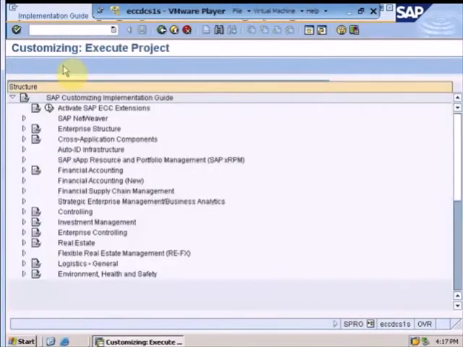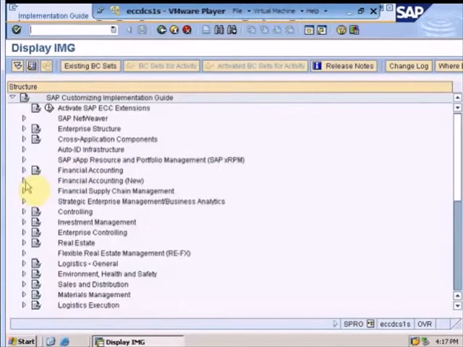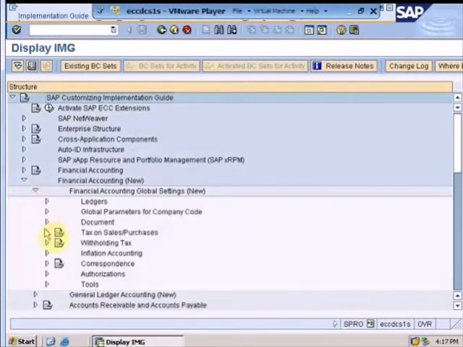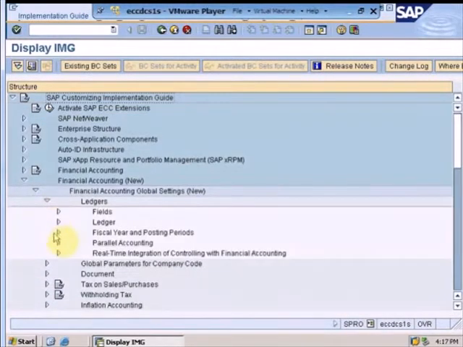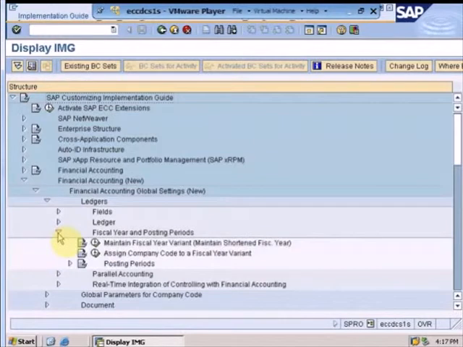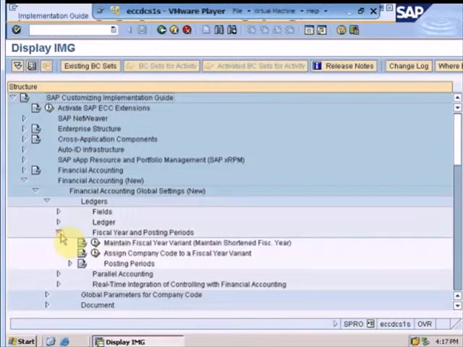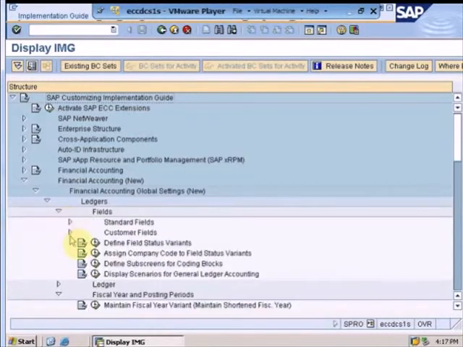We'll go to the reference IMG and we will go to financial accounting global settings, ledger, fiscal year and posting periods, which is an example of a fiscal year variant, or we can also go to fields and define a field status variant. There are various examples of a variant, namely field status variant, posting period variant, and chart of account variant.